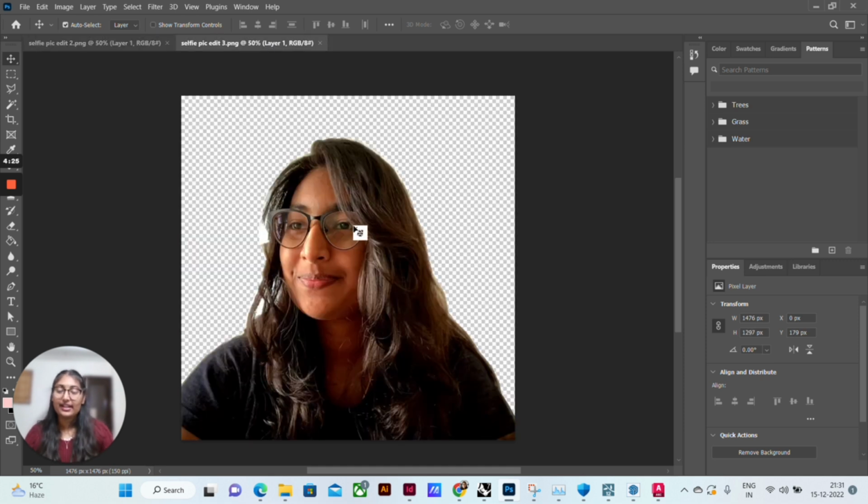In my next edit, I used the lasso tool to trace the outline of my image, and then I used the magic wand tool to separate the two surfaces, and then I copied the background layer to a different layer. After that, I deleted the background layer to remove the background of the image.